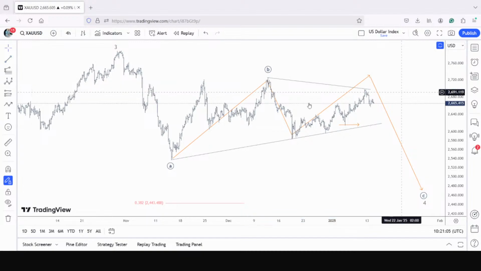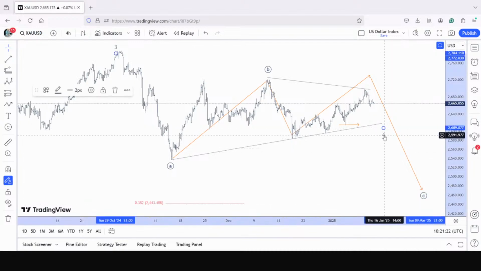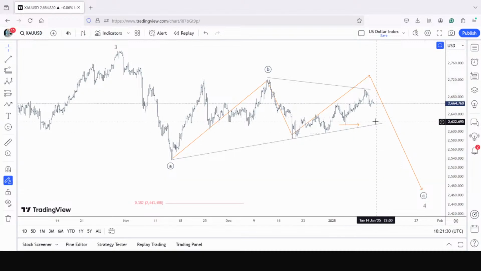So if it is a C, D, and E in the making, then we'd like to exit our short positions completely, because it would be time for bulls to come back, and that primary minor wave 4 would be printed here, before the fifth wave rally resumes. This is an option we've got to keep in mind as we did earlier as well. So it's either a contracting triangle in the making or an ABC